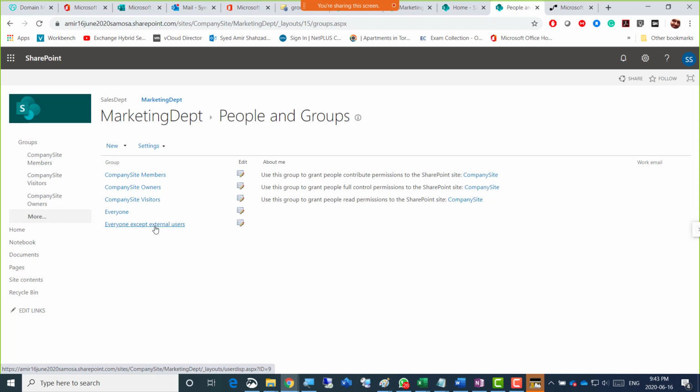Now these external users are actual external users like Gmail, which has not even been invited, right? But if they had said guests, then it would have been the users who have been invited already and are here as a guest. But these are actual genuine external users. So this is what we were talking about, just the settings.